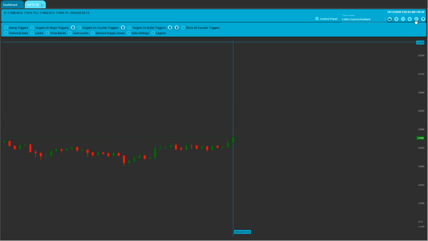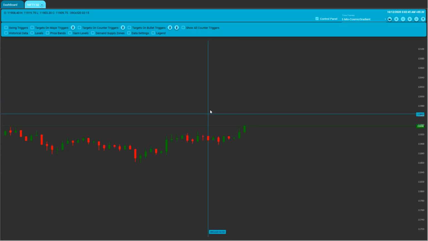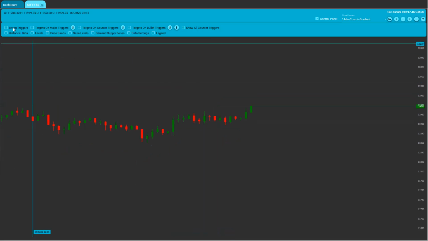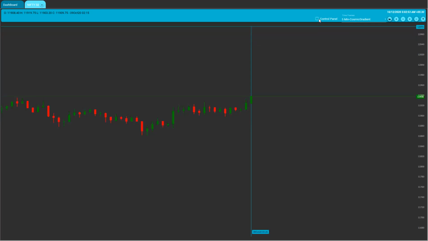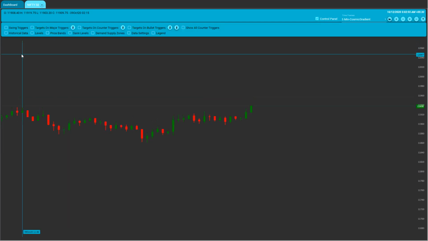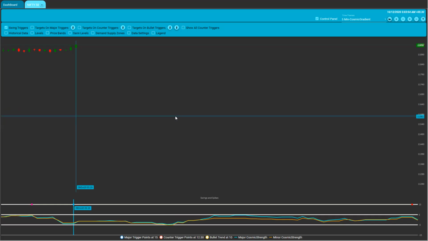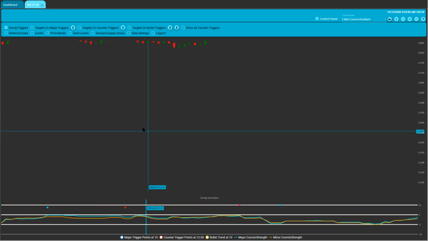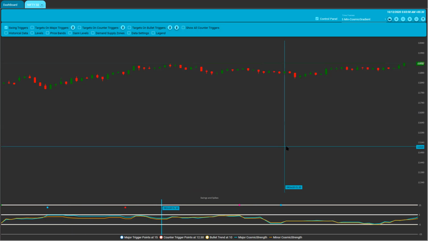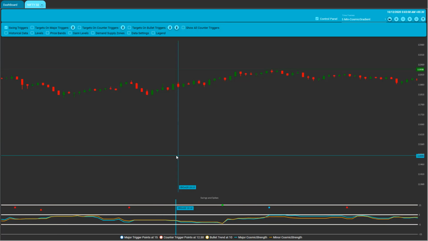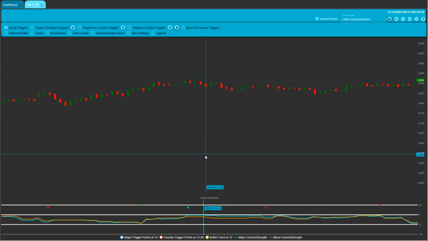We have made a vertical zoom. Now just open the control panel by checking it. You have to check Swing Trigger. All the swings are now clearly mentioned. Now, how you have to plot the